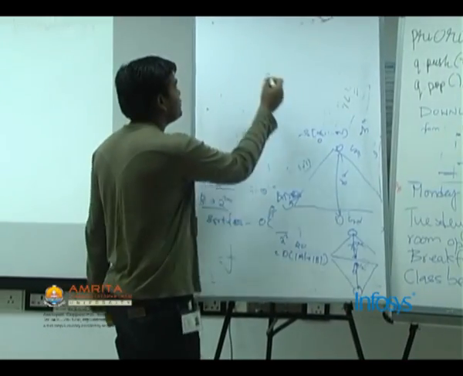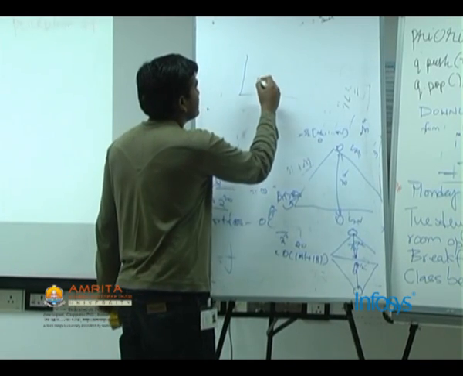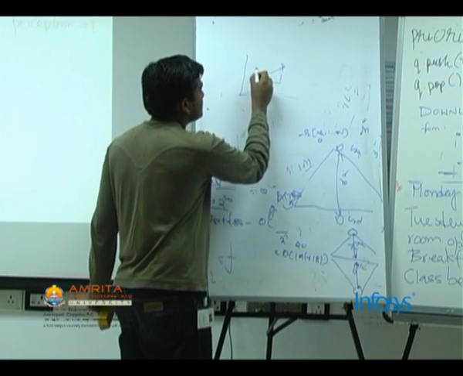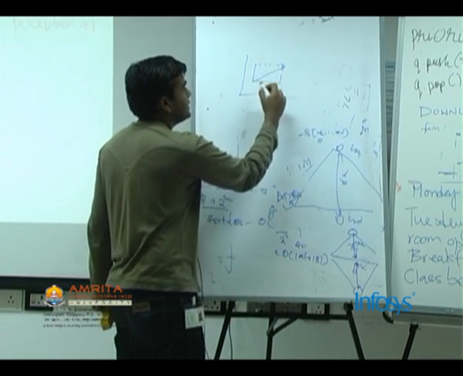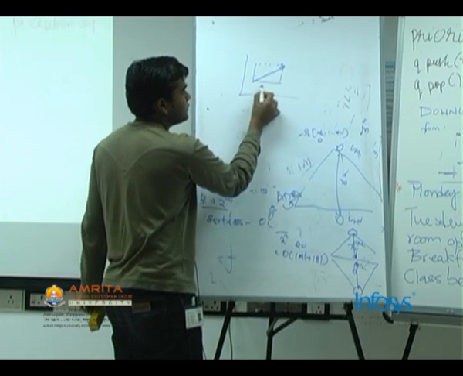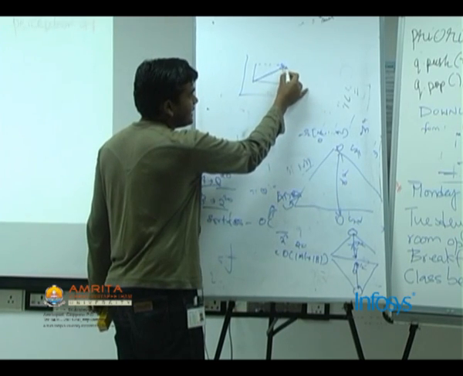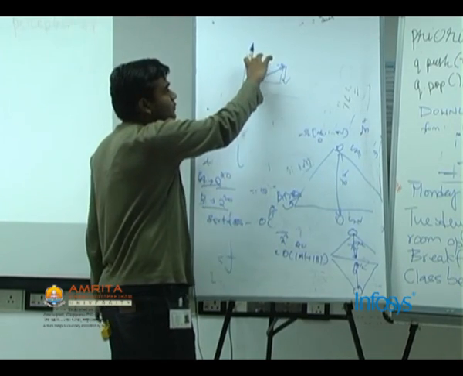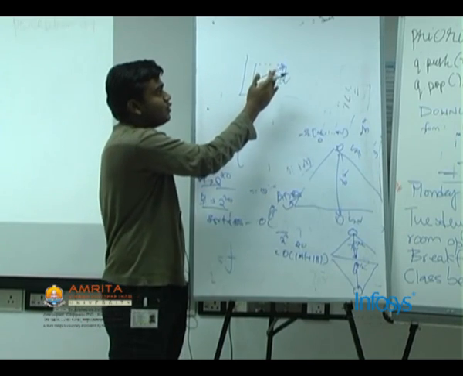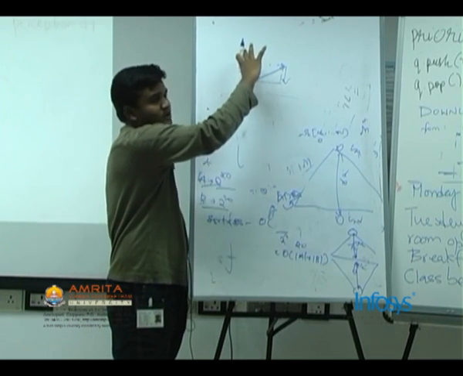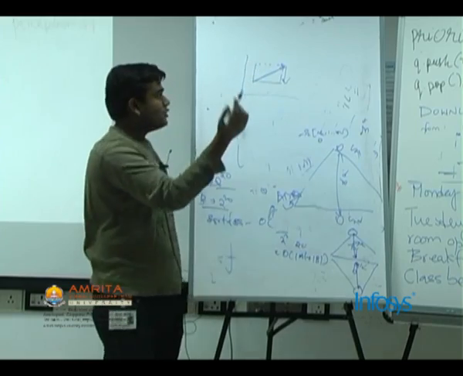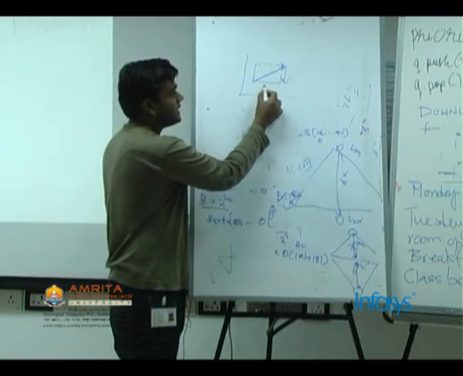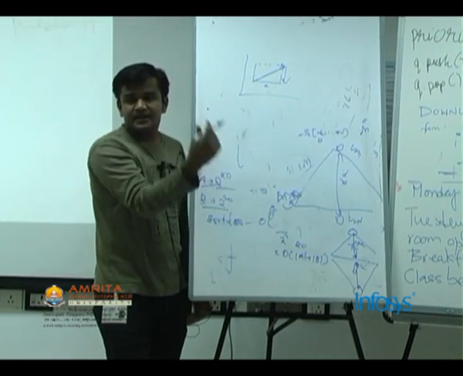So a vector in 2D plane essentially has two components to it. So let's say this is a vector. The x component of the vector is taken by drawing a projection from this to the x-axis, and the y component of a vector can be found out by drawing a projection of the vector on the y-axis. So each vector you can represent in 2D using two numbers. First one is the x component and the other one is the y component.